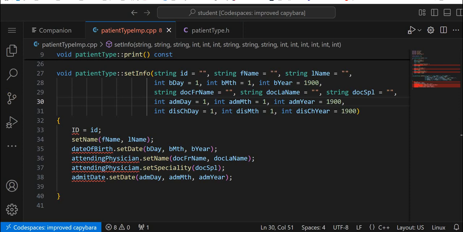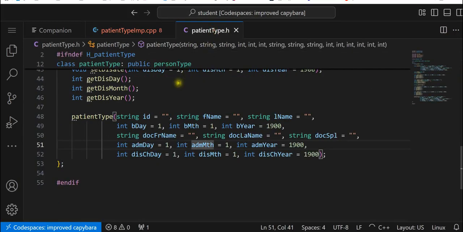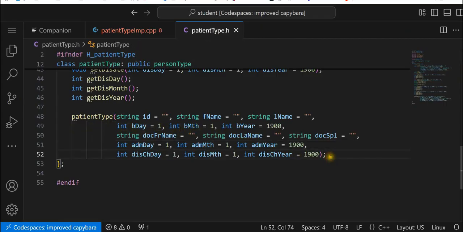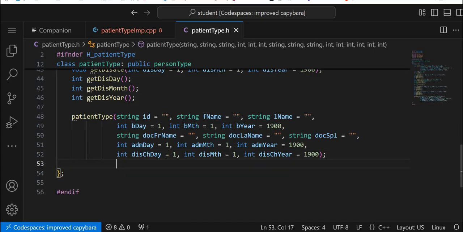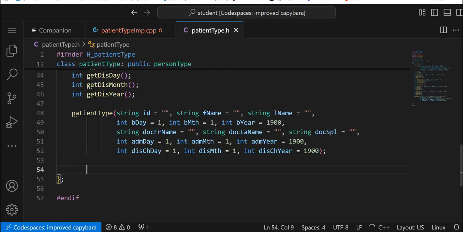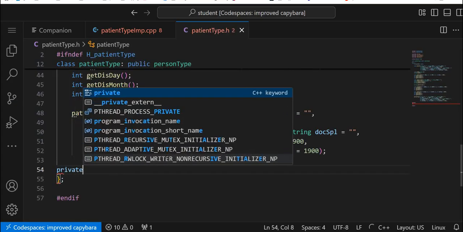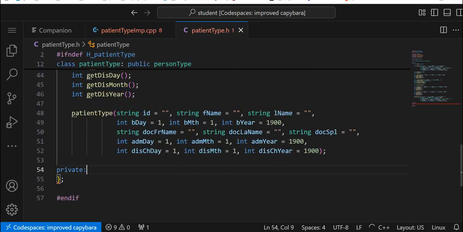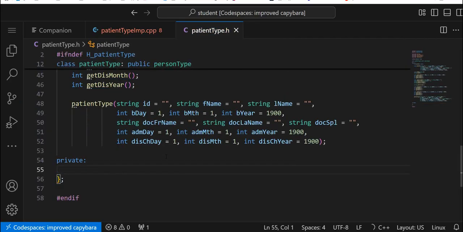All right, so let's go ahead and pull up that patient type header. I don't know how I missed this part. So this is where our ID is an issue. So let's go to line 52, push it down, go all the way over because we got to set this part to private. And over. Let's go string